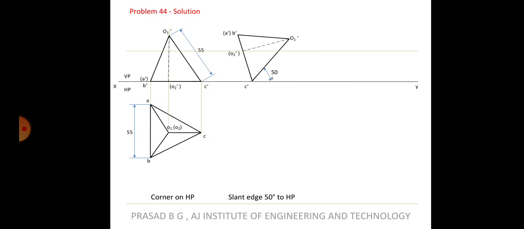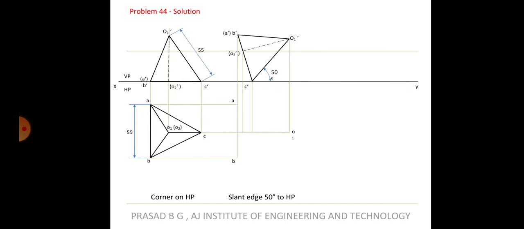Now we have to draw the top view, right? Projections have to come from the top view as well as the front view. You get the points A dash and A meeting at A, B dash and B meeting down at B, O dash and O meeting at O1.